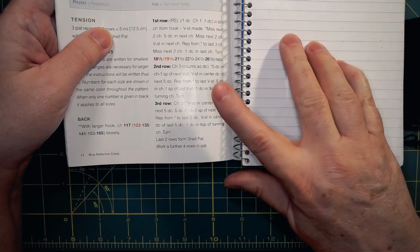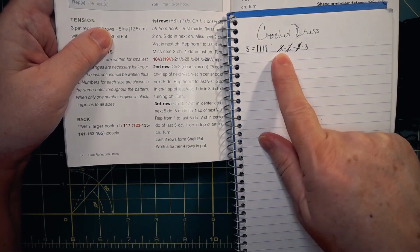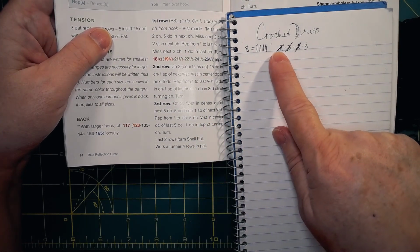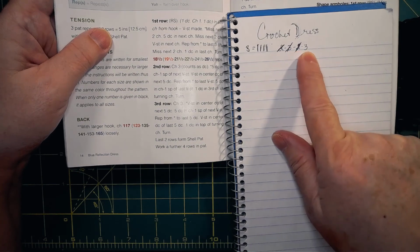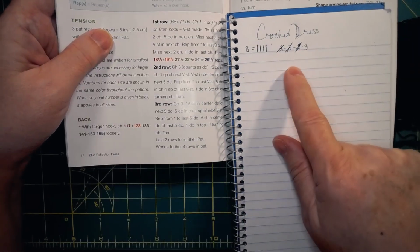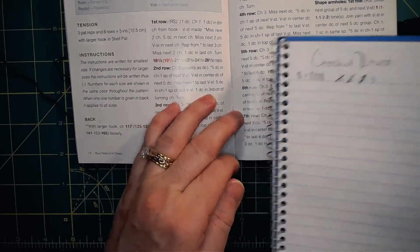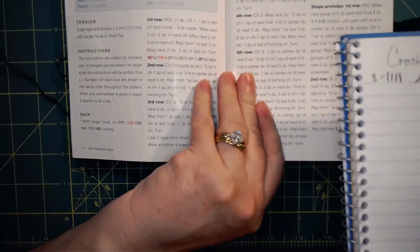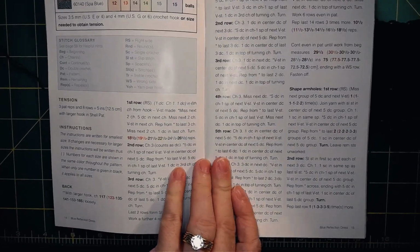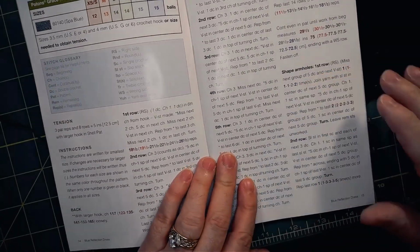So what I did is I put for myself down, I needed to do, when I finished that 3rd row, I needed to do row 2, row 3, row 2, row 3. And that would be 4 rows in the pattern. So I'm just now finishing that row 3, the last of that row 3, and then we're going into the shape the sides for the first row. And so just so that you can see what that means,